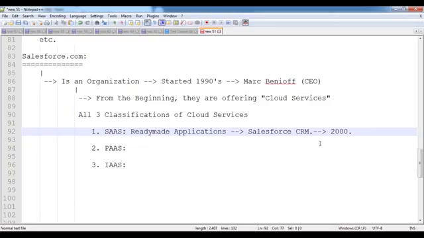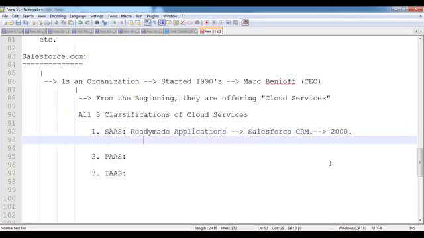So many clients are adopting Salesforce services nowadays. That's why we have huge opportunities in Salesforce, and we get very good packages also. Even in a small company, Salesforce projects are available. In any big MNC, in any country, we have Salesforce implementations nowadays. That's the huge demand in Salesforce.